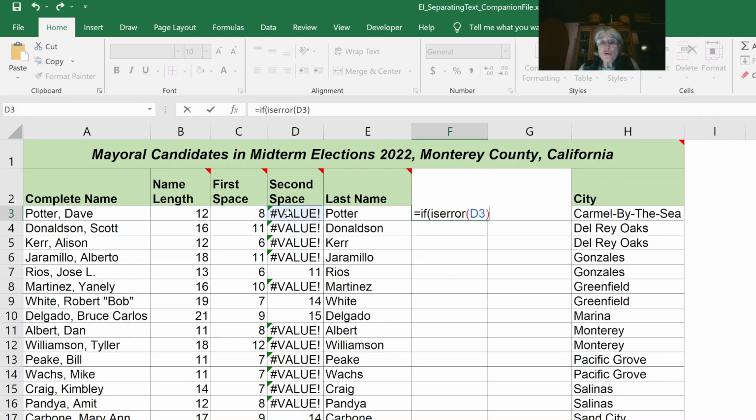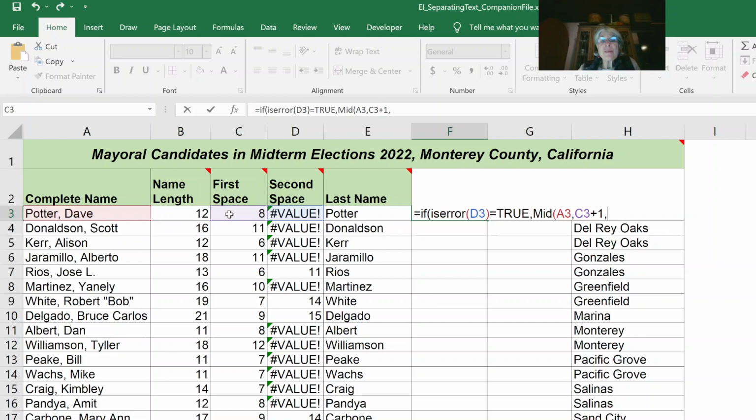And if it's true that there's an error, if it equals true, then I'm going to use the mid function, searching the complete name text, starting at the first space plus 1,